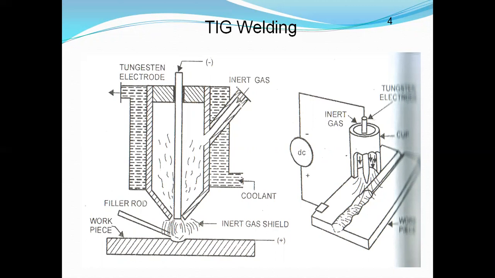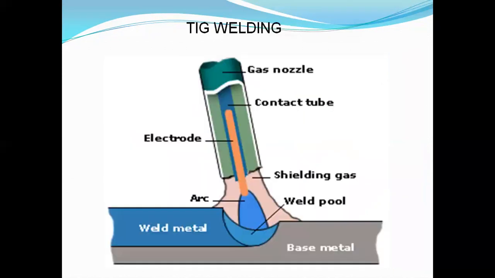Why do we call it tungsten inert gas welding? In this, tungsten is a non-consumable electrode, but it produces the arc. In the same way, inert gas is used as a face shield. Face shield means it does not allow atmospheric air in while doing the welding process. We know that if atmospheric air is included in this welding process, some defects are produced. For that reason, the tungsten inert gas welding process is provided.